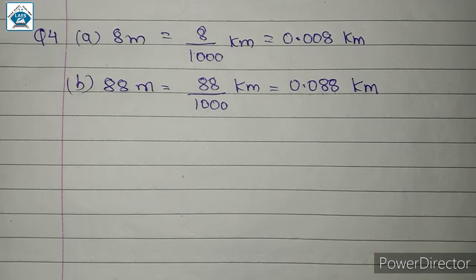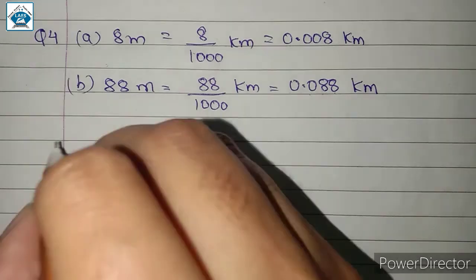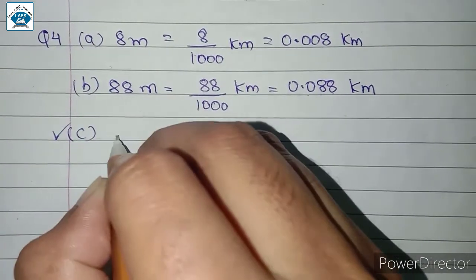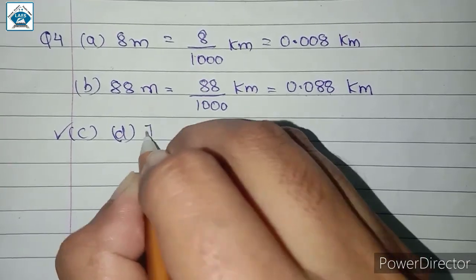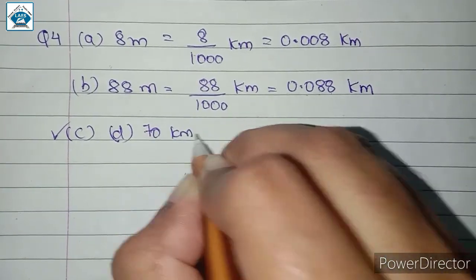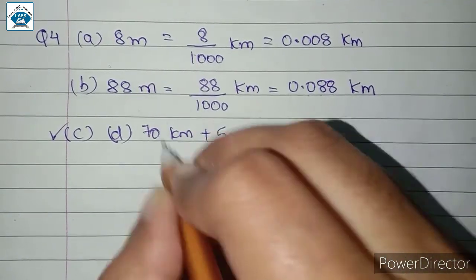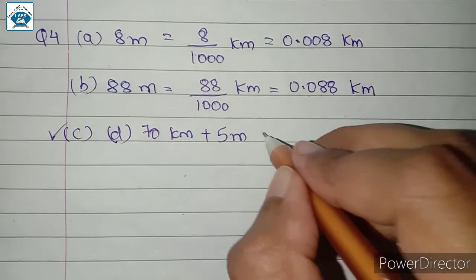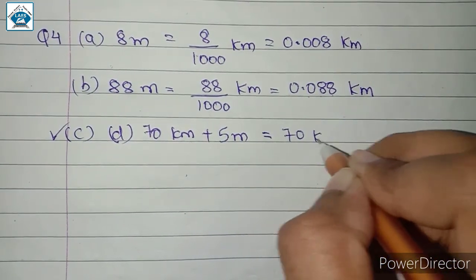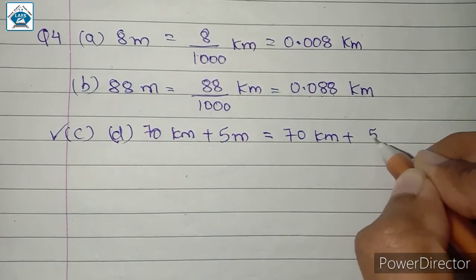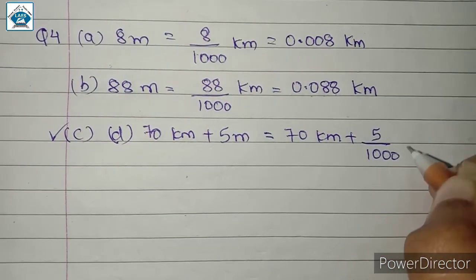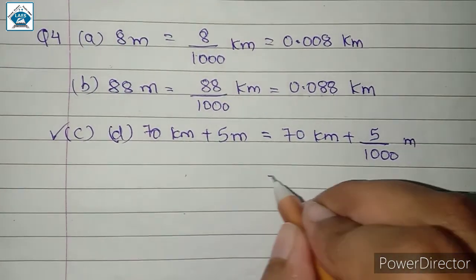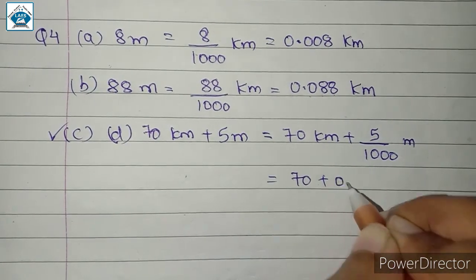In sub question C, you have 8888 meters. So sub question C is homework for you. In sub question D, you have 70 kilometer plus 5 meter. 70 kilometer and 5 meter. So we will keep 70 kilometers as it is, and 5 meter can be expressed as 5/1000 kilometer. So this is 70 plus